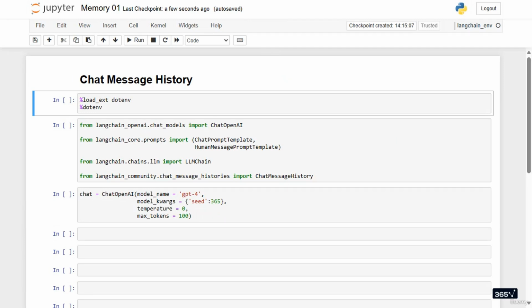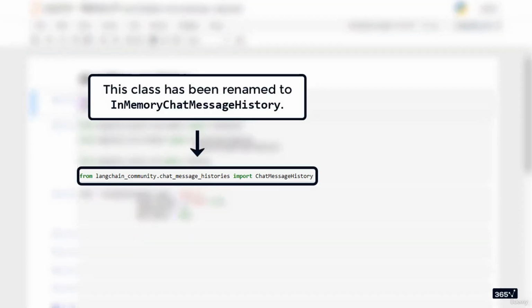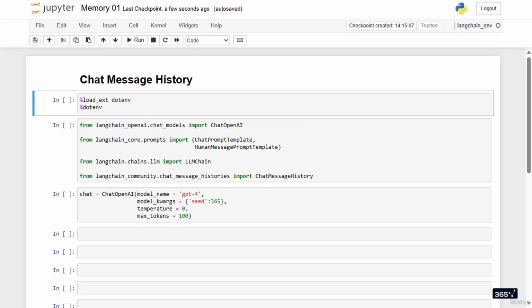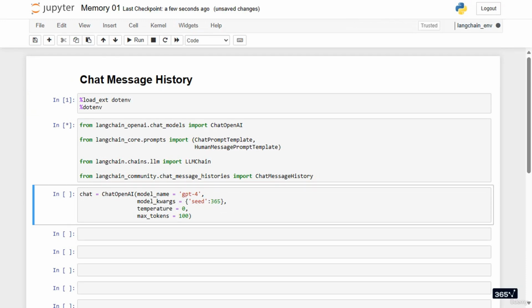Here, I've opened a new Jupyter notebook and have prepared the usual environment variable setup. I've also imported some necessary classes: ChatOpenAI, Chat Prompt Template, Human Message Prompt Template, and LLMChain. Chat Message History is the new class we'll now introduce. Pause the lesson, add the class to your list of imports, execute the cell, and then initialize the chat object